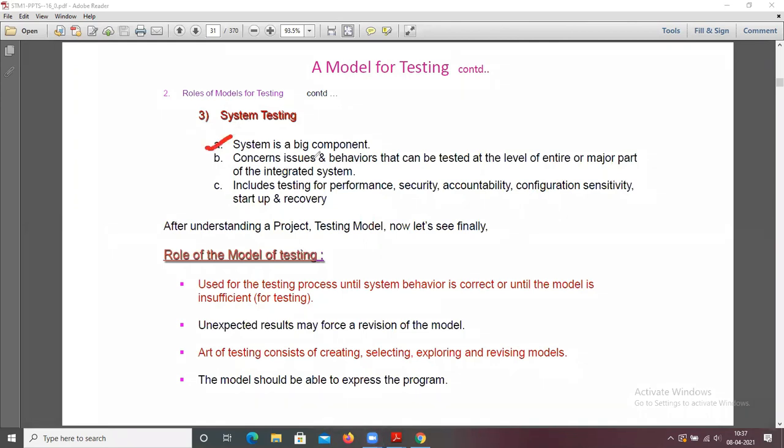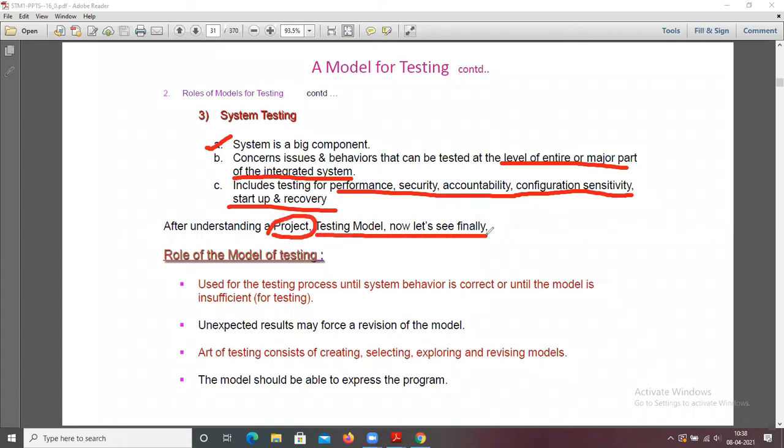System testing concerns issues and behaviors that can be tested at the level of the entire or a major part of the integrated system. It includes testing for performance, security, accountability, configuration sensitivity, and startup and recovery. I hope now you all understand. Now let's see the roles of the model of testing.